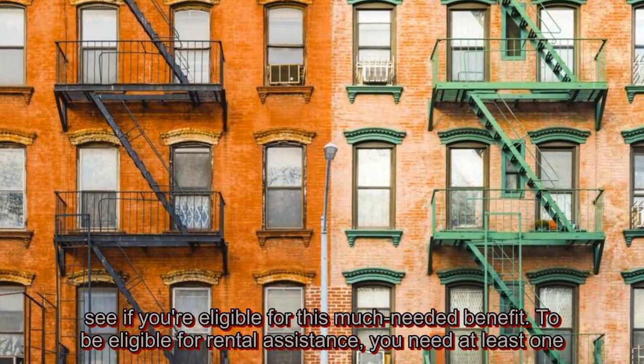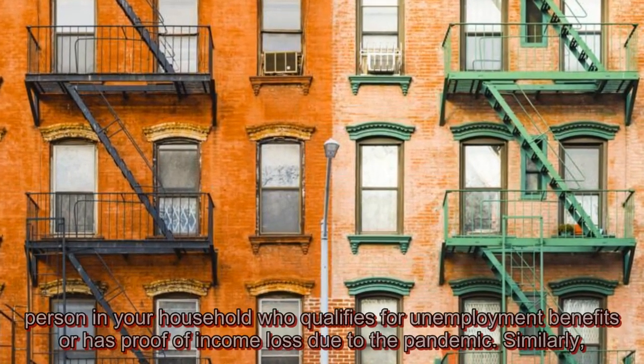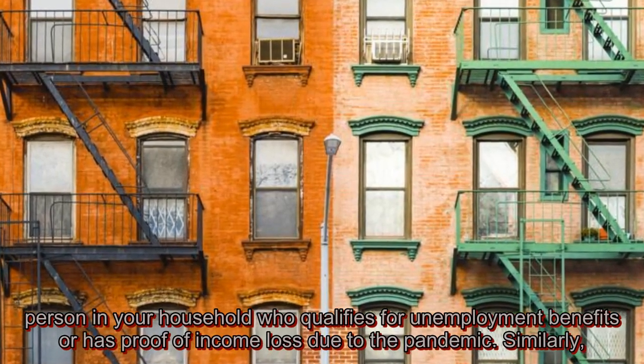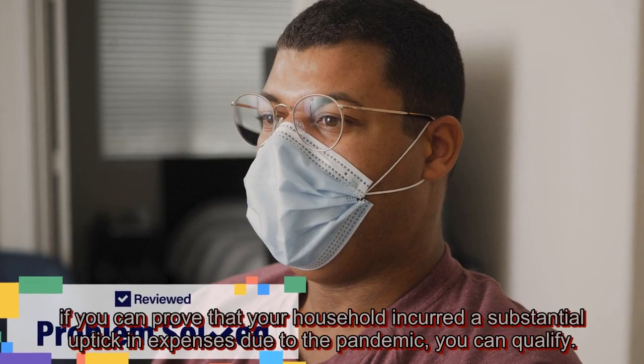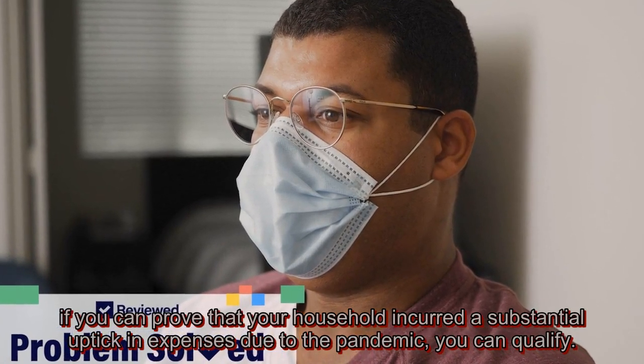benefit. To be eligible for rental assistance, you need at least one person in your household who qualifies for unemployment benefits or has proof of income loss due to the pandemic. Similarly, if you can prove that your household incurred a substantial uptick in expenses due to the pandemic, you can